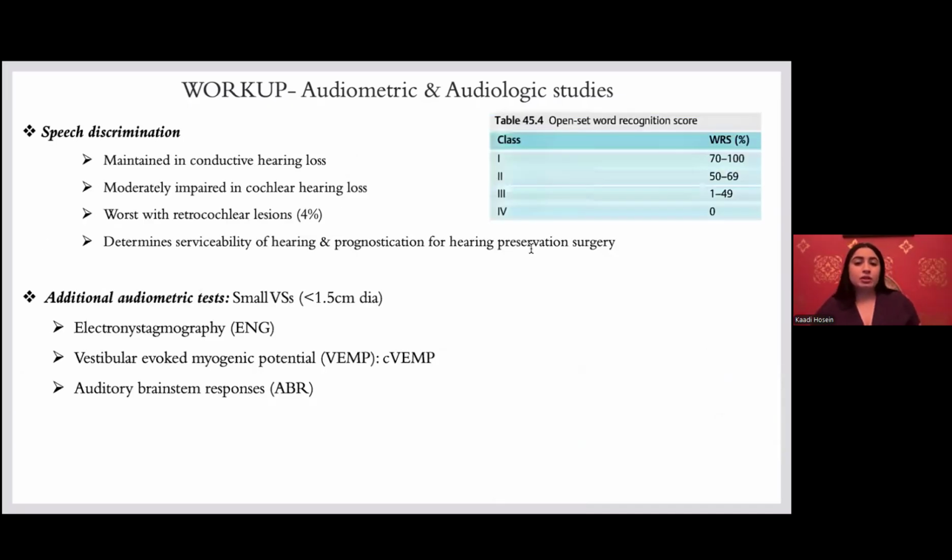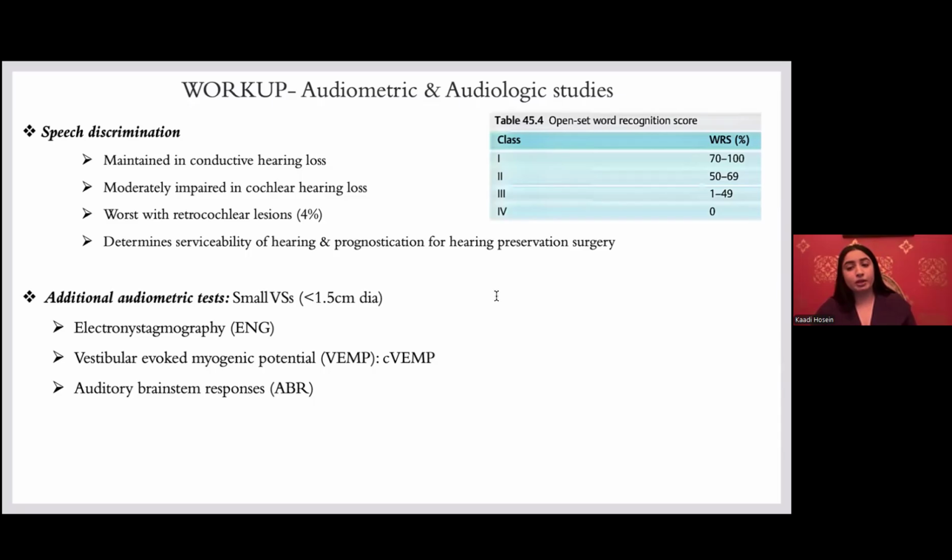So speech discrimination is useful in determining serviceability of hearing and prognostication for hearing preservation surgery. It's maintained in conductive hearing loss, moderately impaired in cochlear hearing loss, and worse with retrocochlear lesions. The open set word recognition score shown in table 45.4 on the right is a more sensitive measure of communication ability than the pure tone audiometry, and a variety of